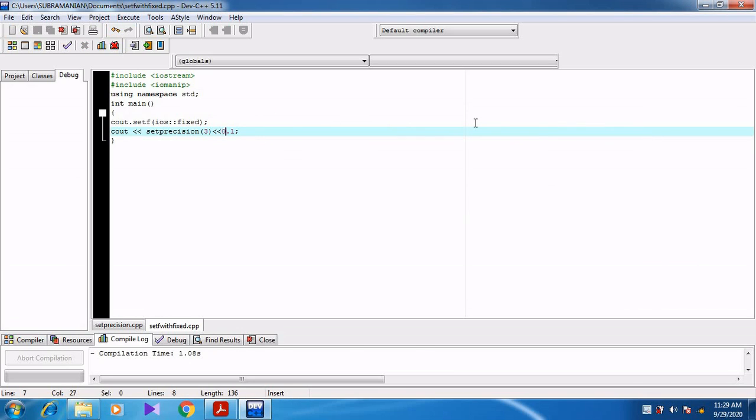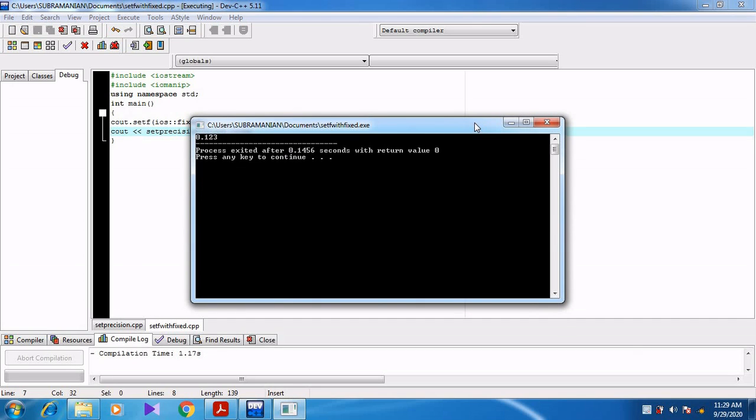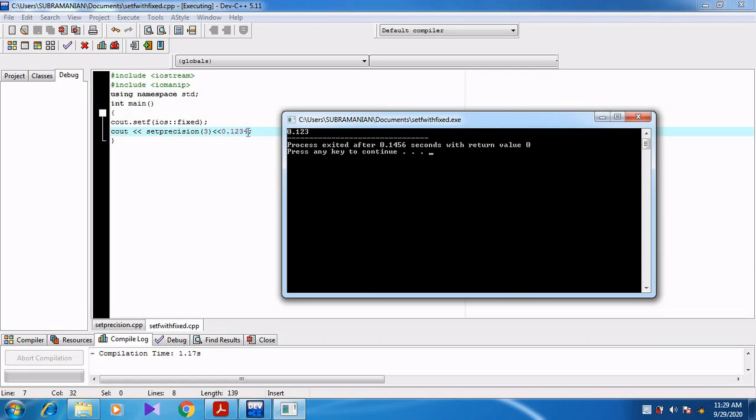Now let us consider 0.1234, but I am going to fix it as 3 digits. Now what will happen? The number already contains 4 decimal places, the fractional part contains 4 digits, but I am specifying only 3 digits. So 3 digits alone are displayed.